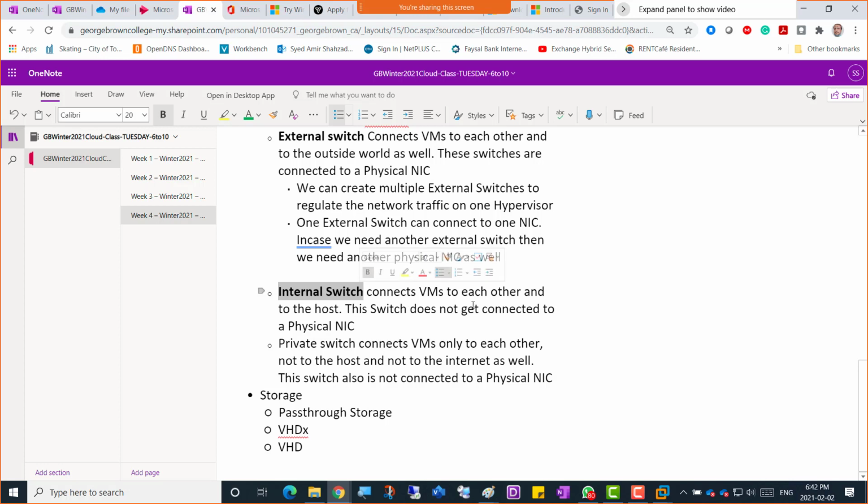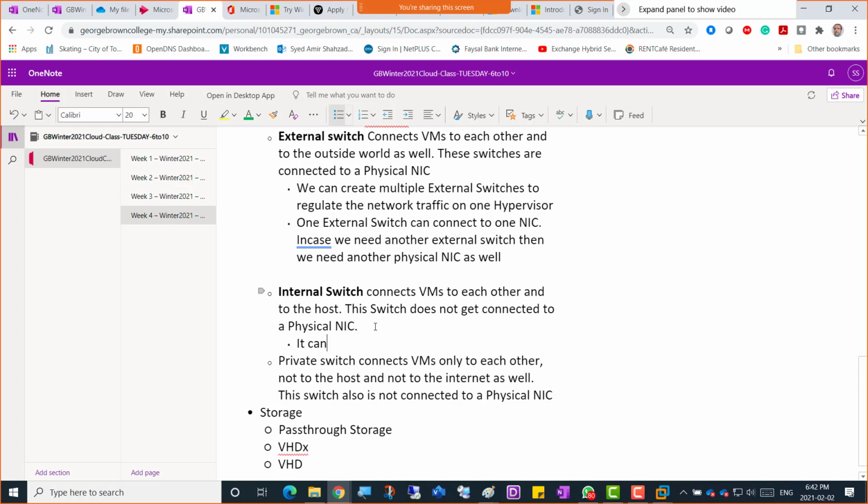So the internal switch connects VMs to each other and to the host. This switch does not get connected to a physical NIC. That's one difference. And internal switch can be used for a private, you can say, test environment